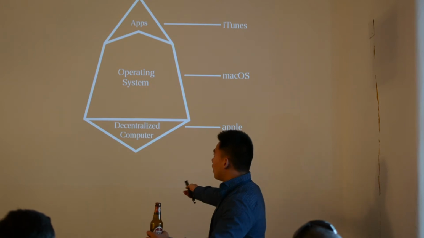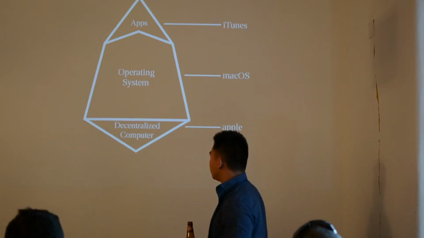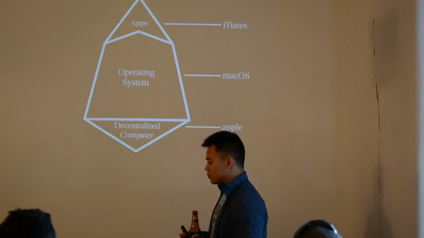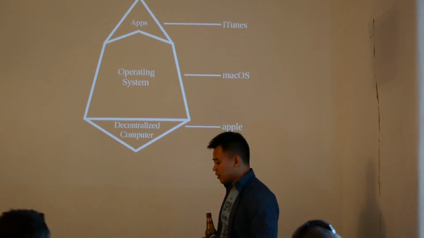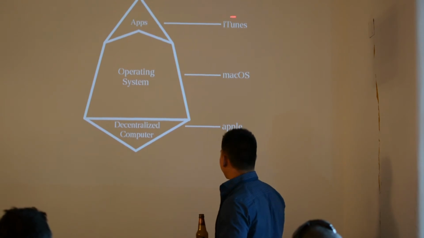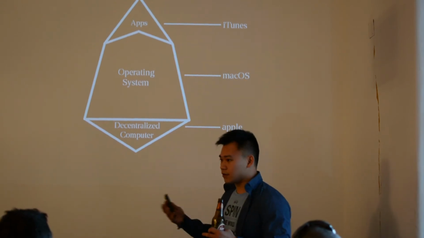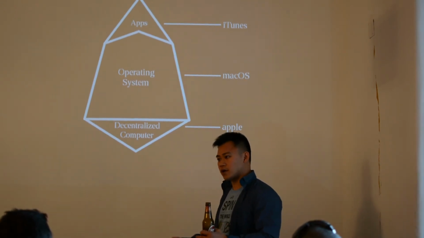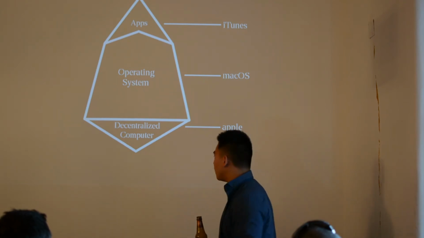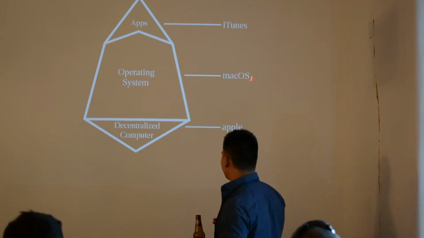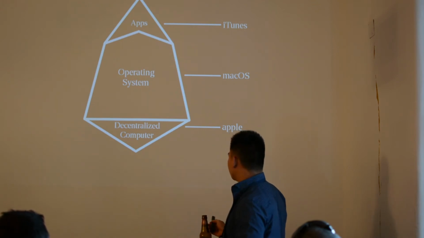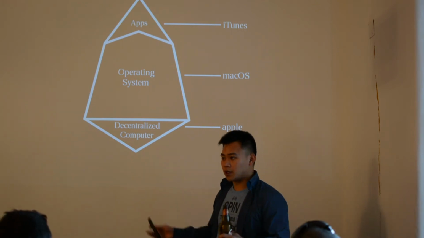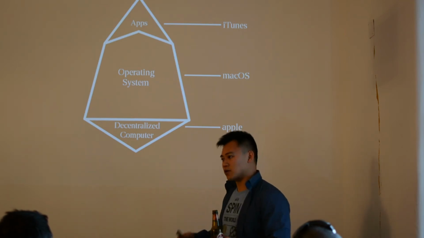So, why EOS? The point of EOS is to enable people to build businesses on top of it. So, what is a business? We could take a business like iTunes, right? It's a business, you charge a fee, you pay for songs, you get your songs on the iTunes application. And it's built on top of an operating system, that would be Mac OS. And this Mac OS runs on a computer, which is the Apple computer. If you have a Mac, you run Mac OS, and you have an application called iTunes that you can